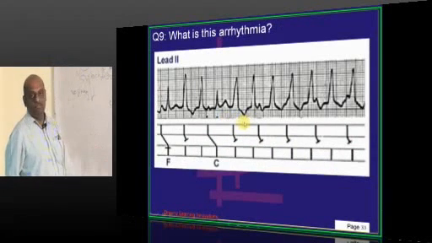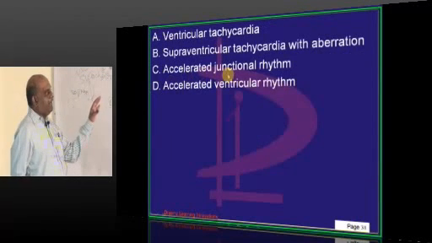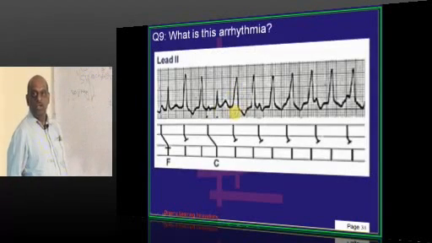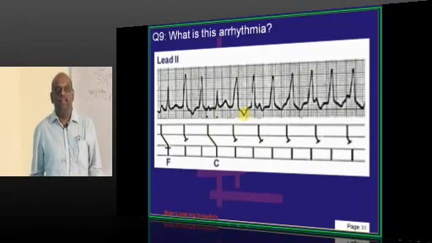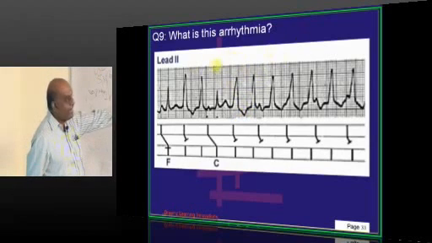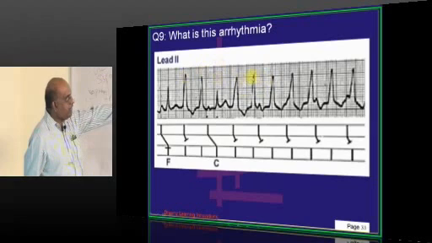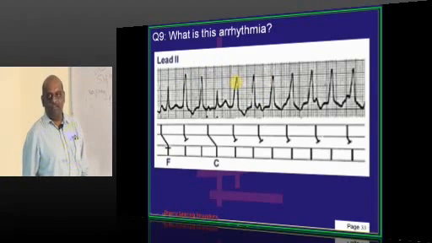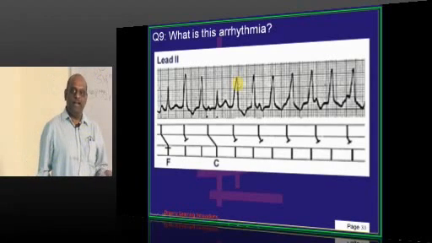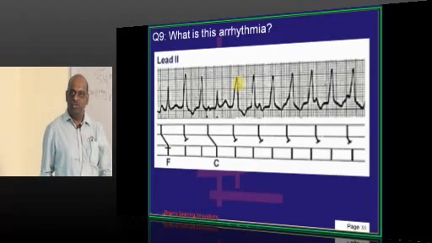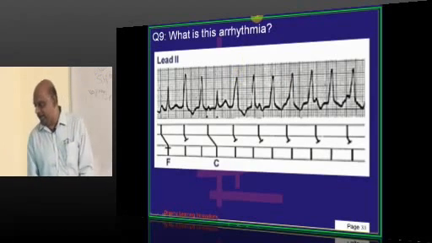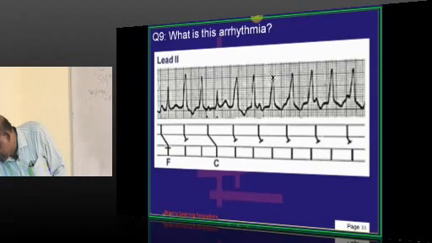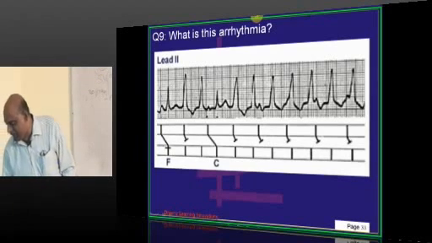What is this arrhythmia that you are seeing? Always when you see an arrhythmia, look at the QRS complex. The QRS complex is wide. Unless proven otherwise, a wide QRS complex is called ventricular tachycardia. First, is there tachycardia? What is the heart rate? Between two QRS complexes, what is the rate, doctor? 1.5 large boxes. 300 by 1.5 is how much? Around 200. So 200 is the heart rate. The QRS is wide. Hence it is a case of ventricular tachycardia, which you need to remember.